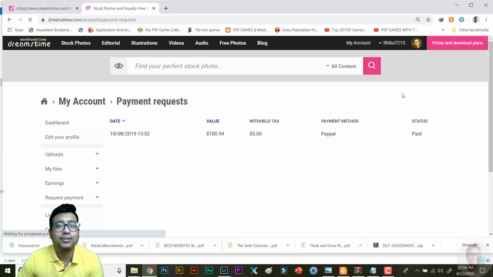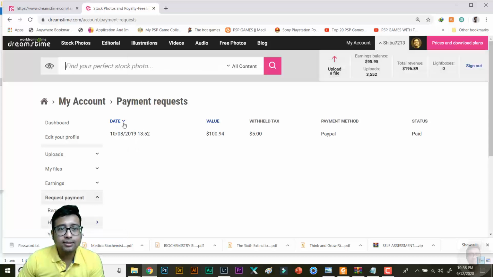If I click on total revenue, you can see the first time, that is 10th September 2019, I got my first payment, but the total earning was 100.94 and withheld tax was $5. This is something important. We see that 15% is the tax percentage withholding, right?